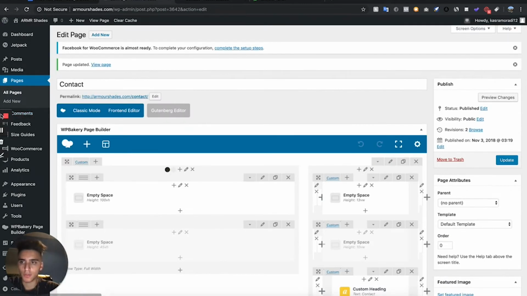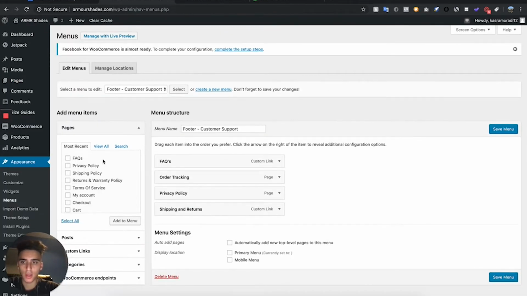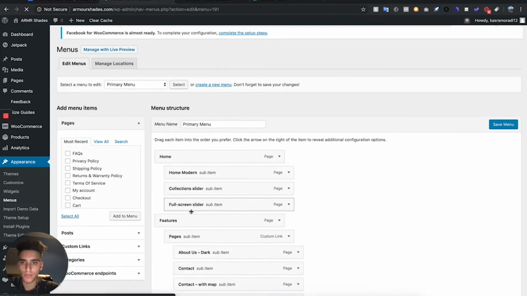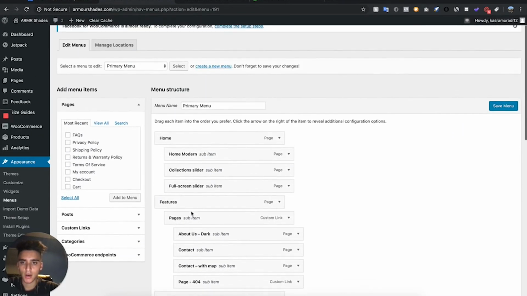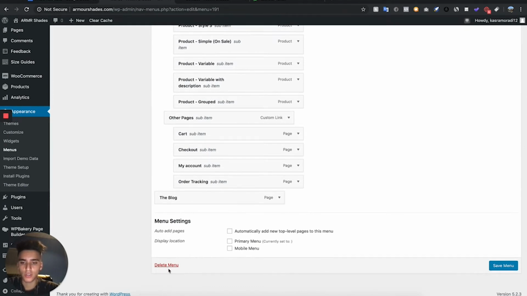Now we have added all of the pages. We're just gonna go ahead and add them to our menu now. So we're gonna go to appearance, we're going to go to menus, and then we're just gonna go here, select our primary menu, and I'm just gonna delete it because it comes with all the standard menus. So I'm just gonna delete this,